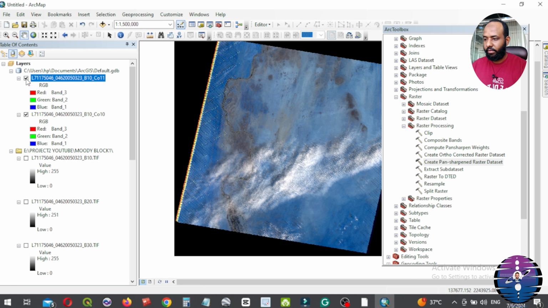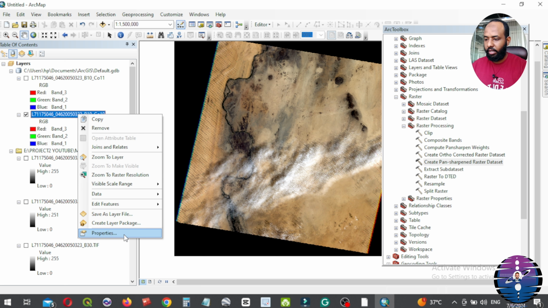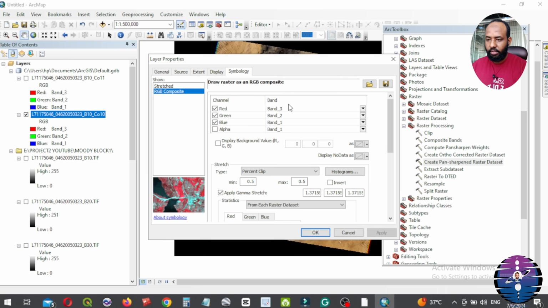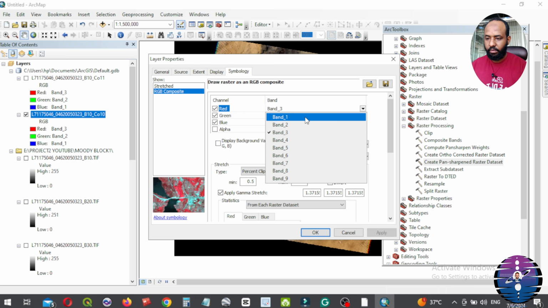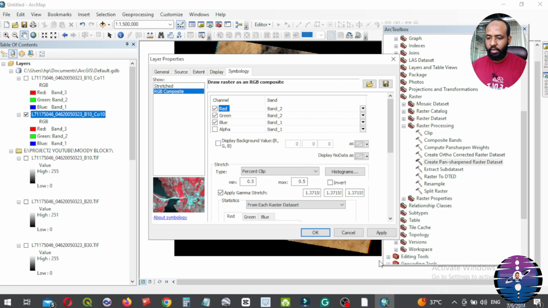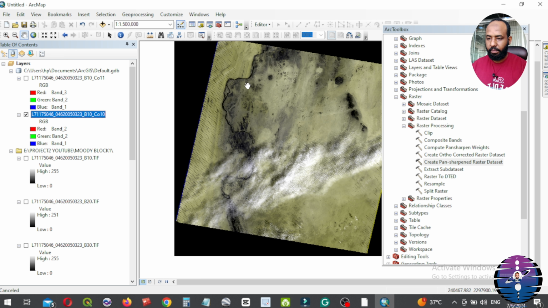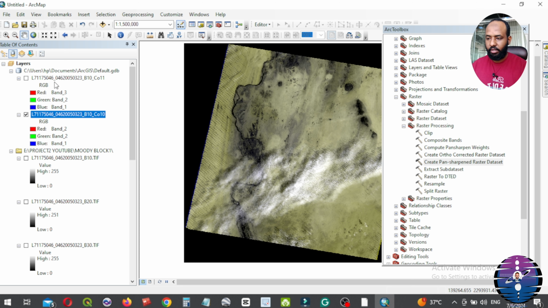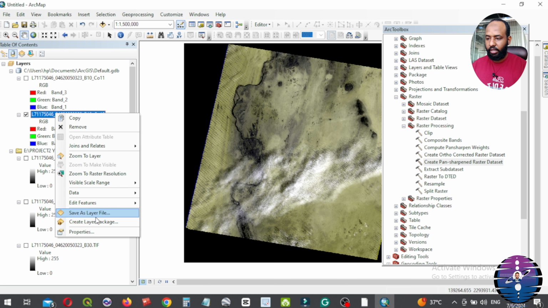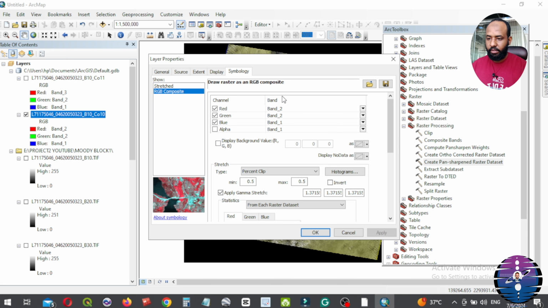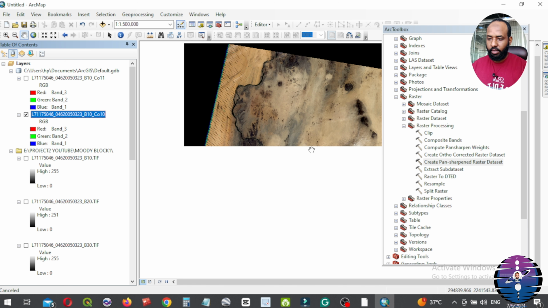Also for the composite band, right click, properties, 3, 2, 1, we can make it, for example, 2, 2, 1. Apply. Okay. Give it green color. Right click again, properties, symbology, 3, 2, 1. I guess it is the best form.